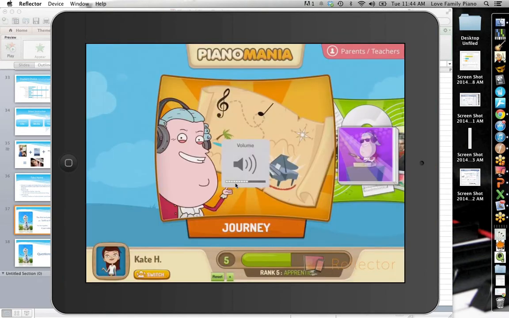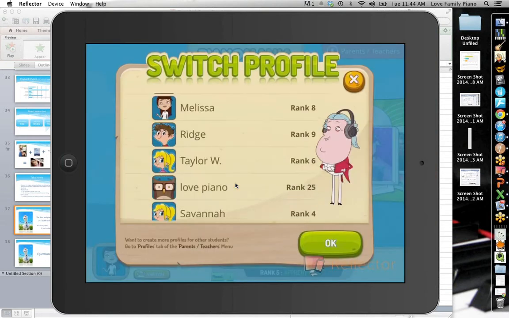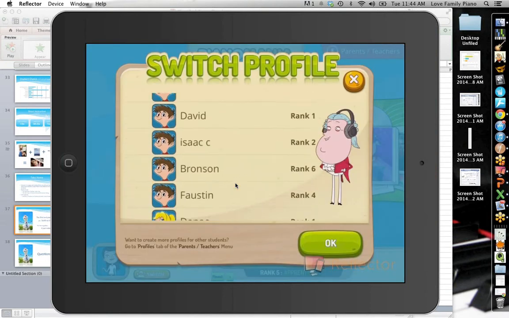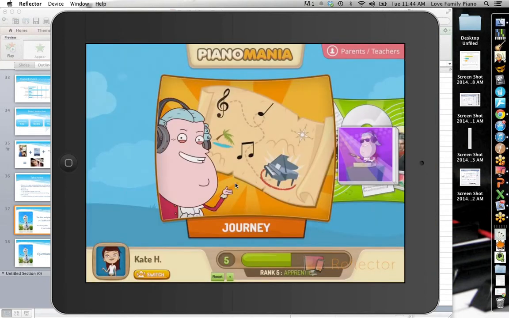I'm going to turn down the theme song. So when you get onto Piano Mania, you first select a profile of many. As you can see, I have all my students on here. My wife and I are teaching about 70 students right now, and hoping to grow, bringing on other brilliant teachers to our team and teaching them our methods of pedagogy. So we're excited to grow. But anyway,